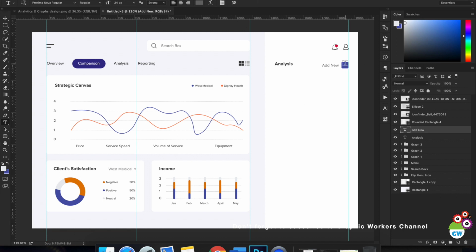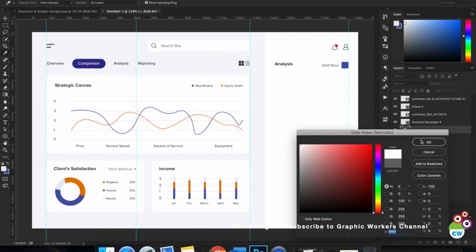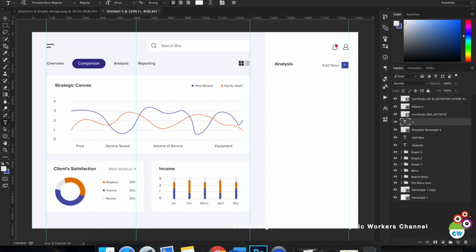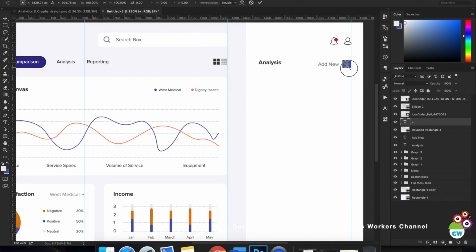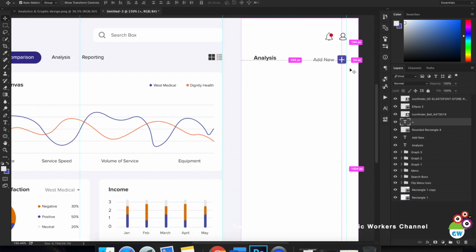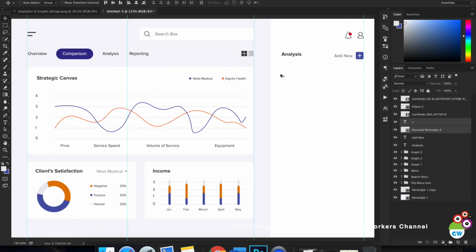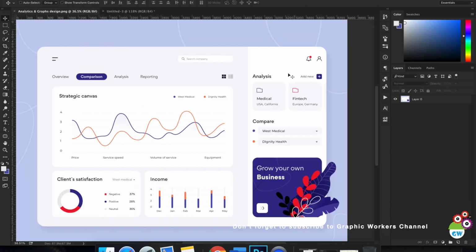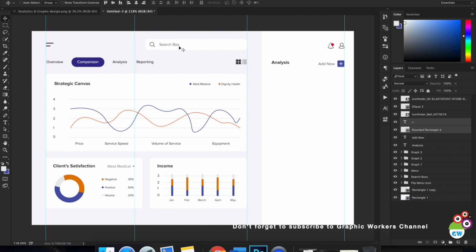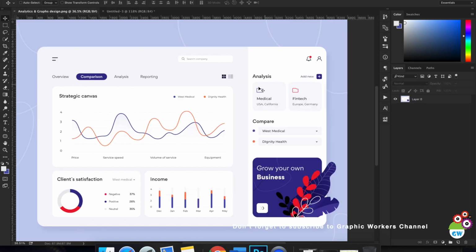And for creating the plus sign, I'll just use my text, and I'm just going to use the plus key from my keyboard to create this icon over here. Okay, I'm just going to increase its size to match my desired resolution, maybe a little bit smaller. And then I'm going to select the box and the plus icon, and I'm just aligning it. Okay, so we have got this add new icon also present in our design,